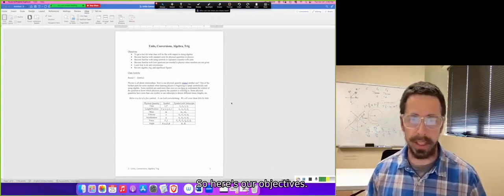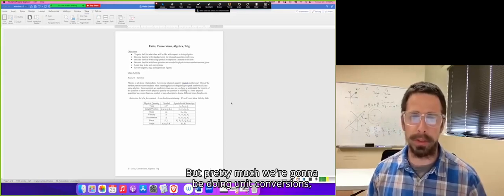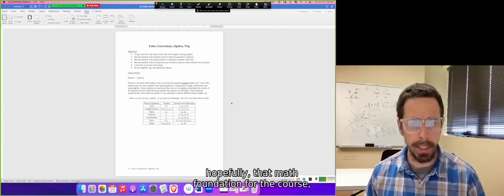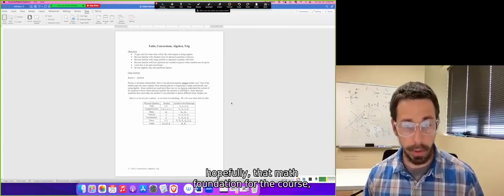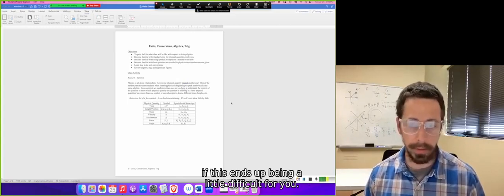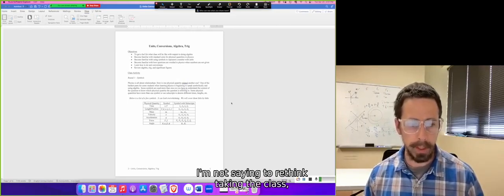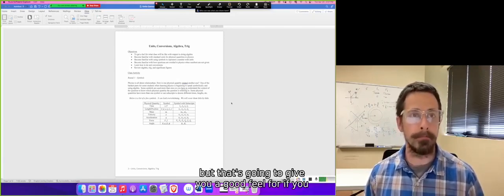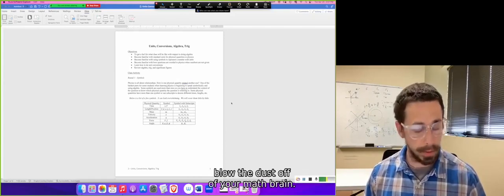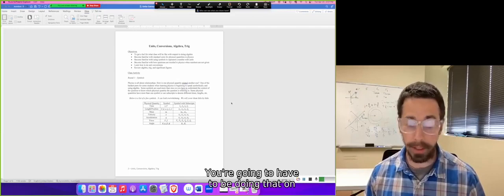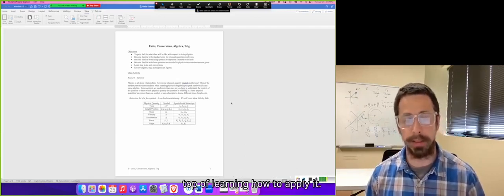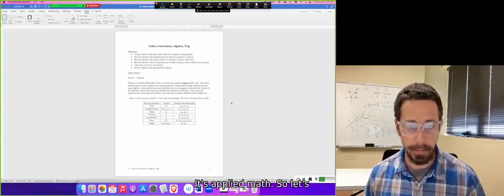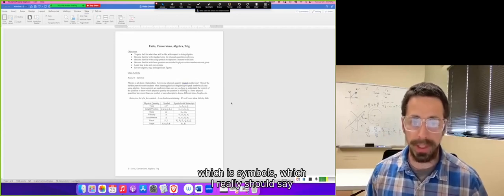So here are our objectives. I'll let you read through those, but pretty much we're going to be doing units, conversions, algebra, and trig, learning a little bit, or reviewing, I should say, hopefully, that math foundation for the course. If this ends up being a little difficult for you, I'm not saying to rethink taking the class, but that's going to give you a good feel for if you have to relearn the math or blow the dust off of your math brain. You're going to have to be doing that on top of learning how to apply it, because this is a physics class, not a math class, right? It's applied math. So let's go ahead and we'll start up with round one, which is symbols,